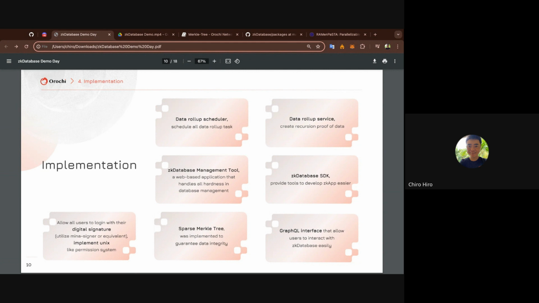So we still see the problem with our product. That's why we joined the Mina Navigator, and we solve the problem with the ZK database as a service. We allow people to log in and also sign up with their digital signature. We implement a unique permission system. Besides that, we implement a data roll-up